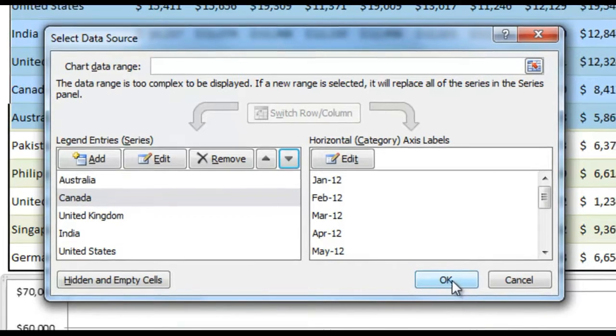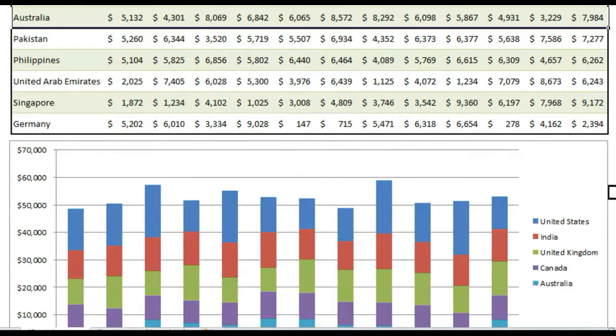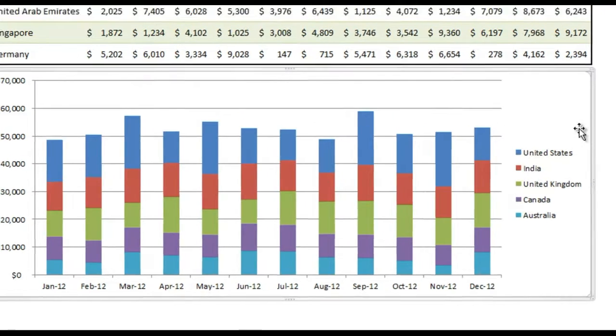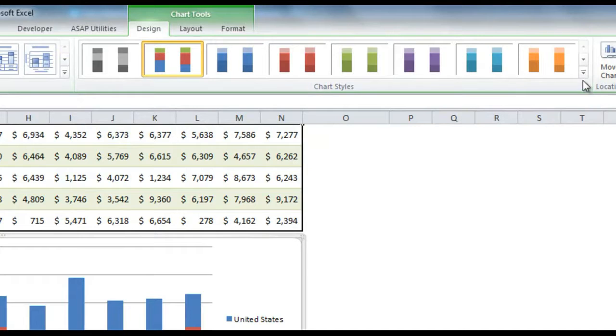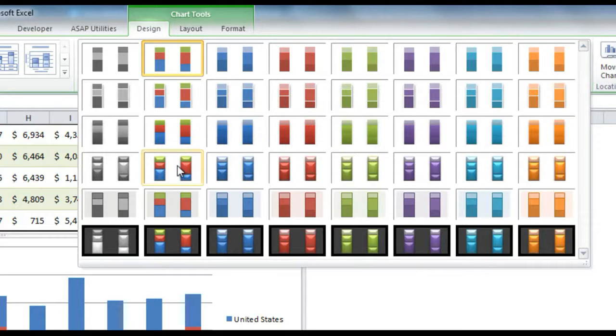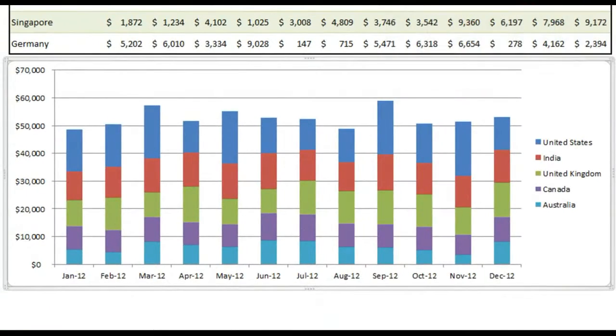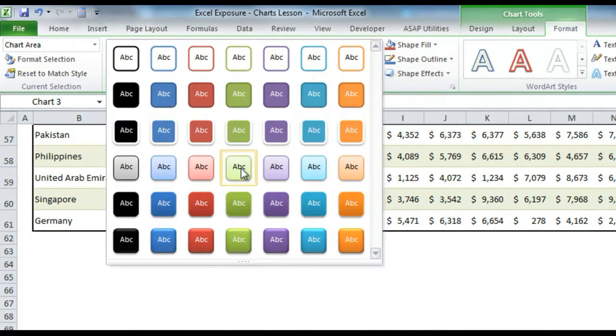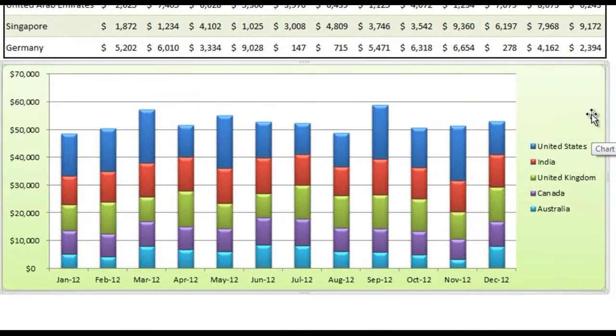And then click OK. And you'll see that it is currently showing them in the correct order. Just like before, I will go up into the chart styles. I'll use that fun 3D version. I will go up to Format, pick my lovely green, since that's my favorite color. And this way you can see each month's total sales, but the columns are separated out so you can see